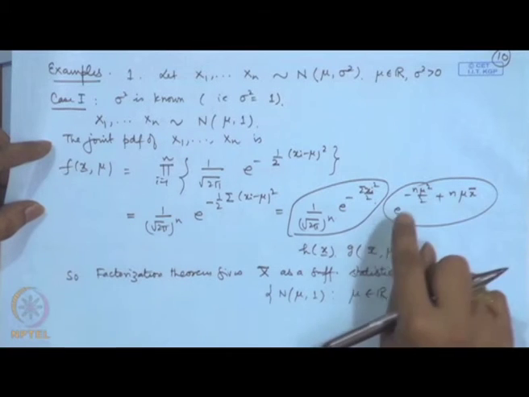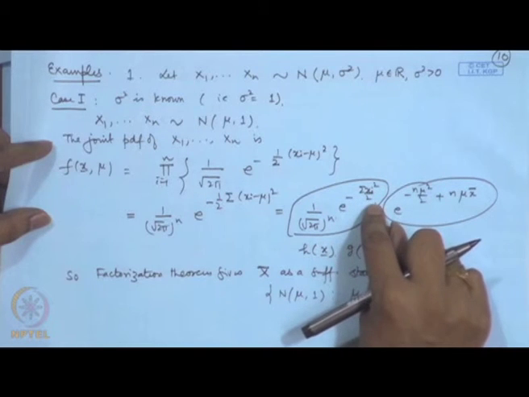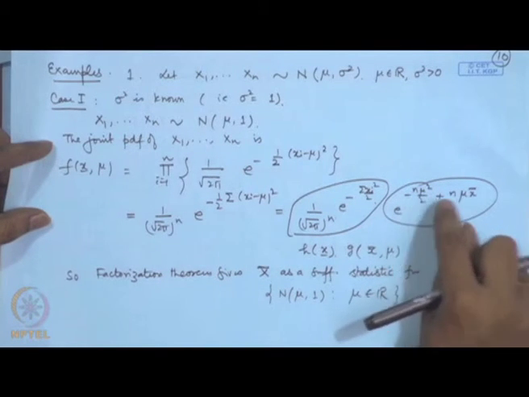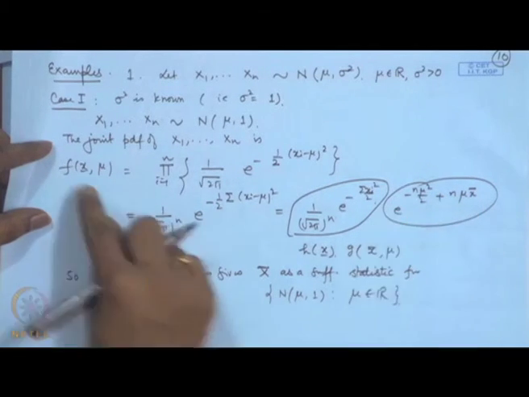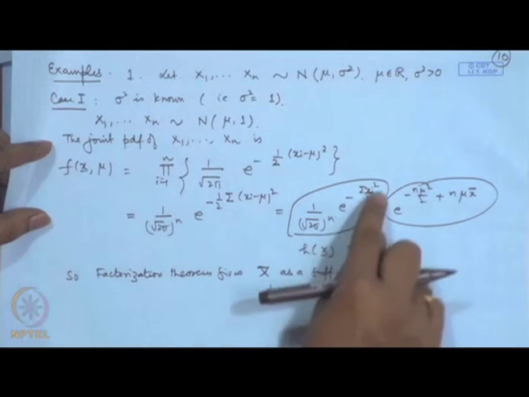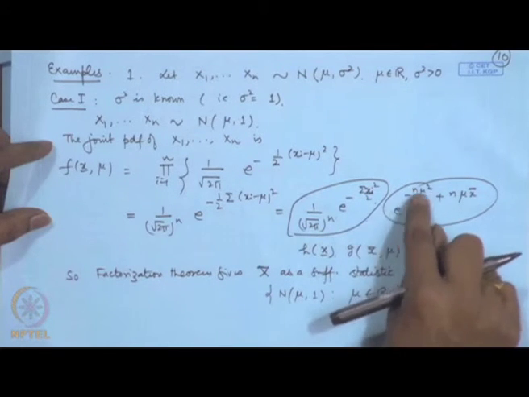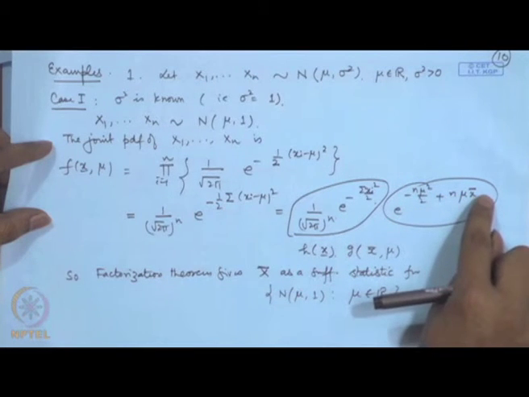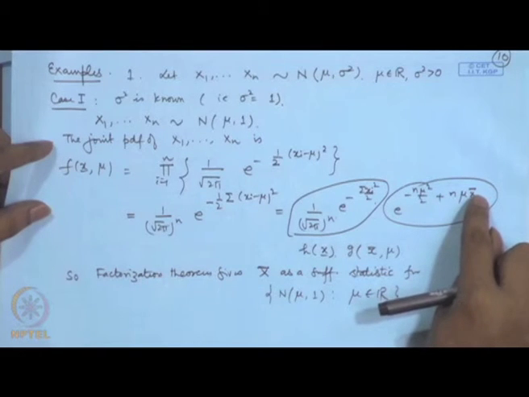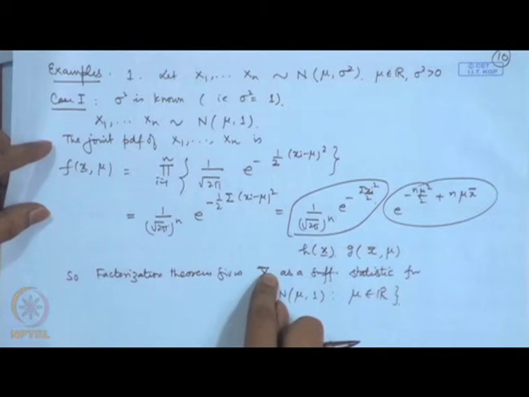Now, in this case the joint distribution that we wrote was of the form (1 by root 2 pi) to the power n, e to the power minus sigma xi square by 2, e to the power minus n mu square plus n mu x bar. Now, if I consider the ratio by taking f(x; mu) divided by f(y; mu), this term will become free from the parameter. E to the power minus n mu square will also cancel out. We will be left with e to the power n mu (x bar minus y bar). Now, that will be free from mu if and only if x bar is equal to y bar, and therefore, x bar is the minimal sufficient statistic.